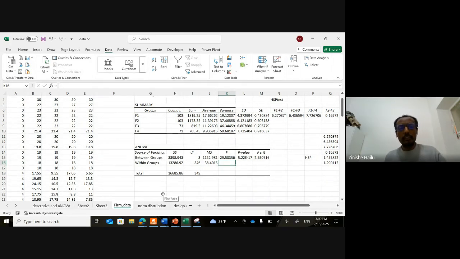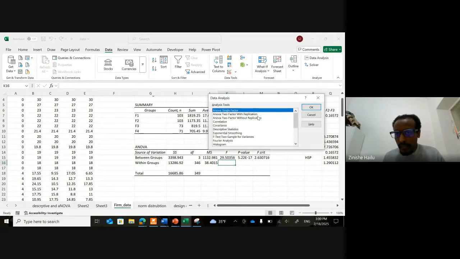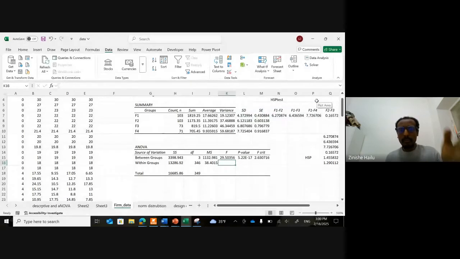Similar for two-way, you can use two-factor, you can include the factor. So this tool is a very important tool. You have two-factor with replication, ANOVA. If you have two-factor, three-factor, you can do these things. But the concept or the way is similar. Next,